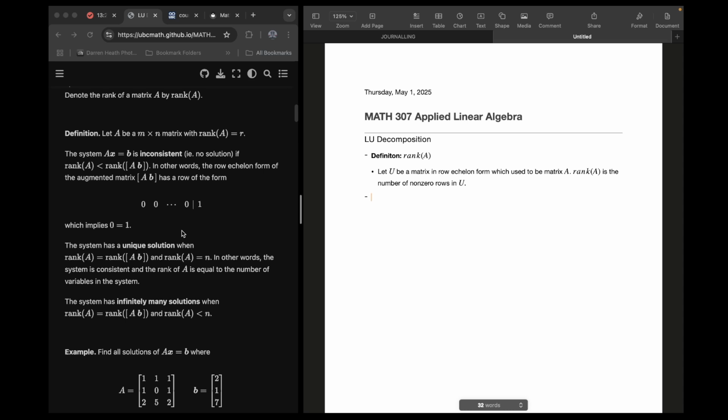In other words, the row echelon form of the augmented matrix AB has a row of the form